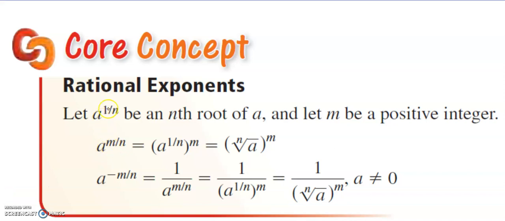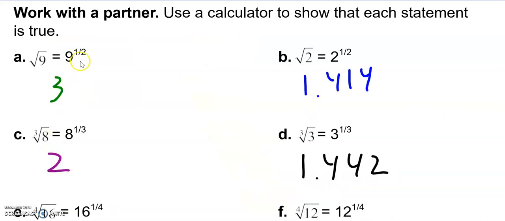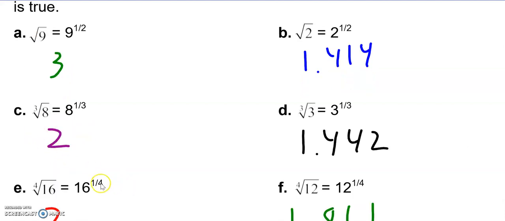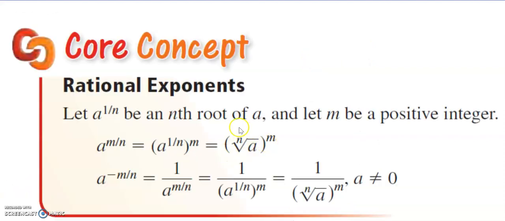If I have a to the 1 over n, where n is the root, think about here, the n was 2, so we call it a square root. Here the n was 3, so we call that a cube root. Here the n was 4, so we call that a fourth root. If I have a to the 1 over n is an nth root of a, where a is just a number,